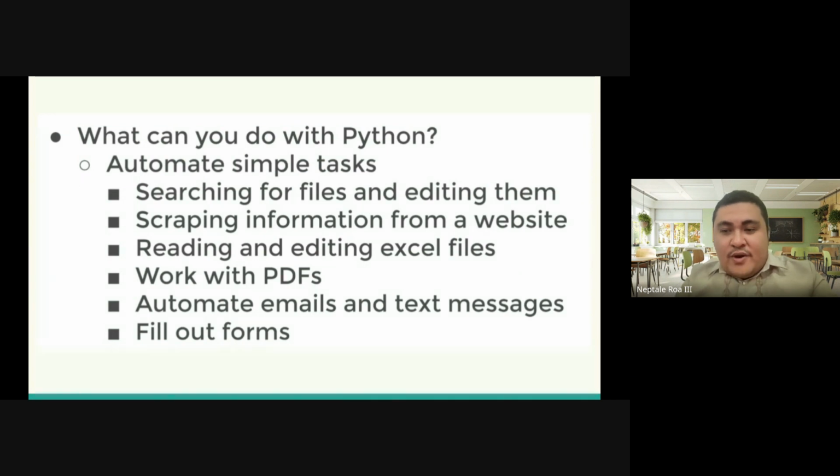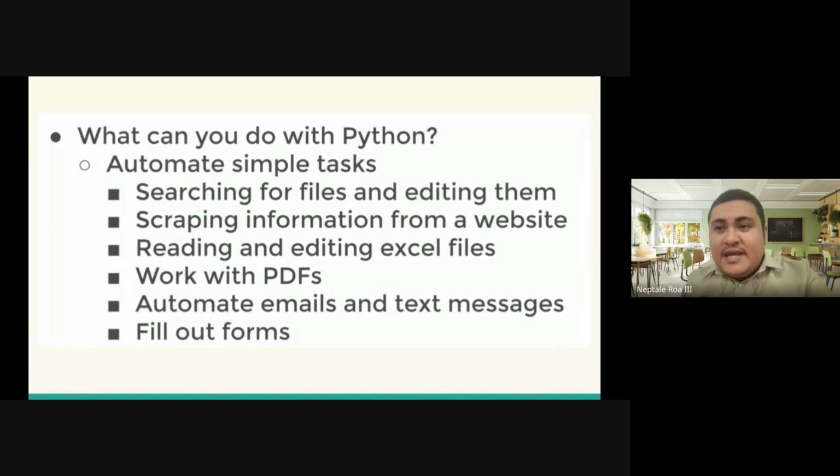You also have Microsoft and even other Office package suites already adapting to Python wherein you can even read and edit Excel files. Okay, you can also work with PDFs. I've tried this one with Adobe Acrobat, although may certain limitations because I don't have a premium account in Adobe Acrobat, but they provide as well automations in Python. Your knowledge in Python scripting will also help you automate your emails and text messages. Pwedeng gawin yan with Python.